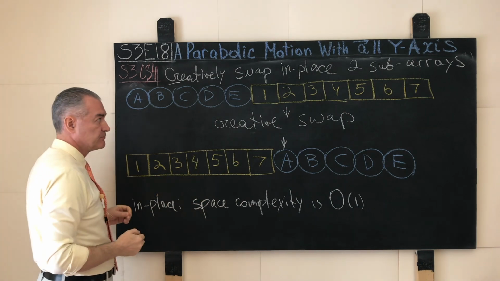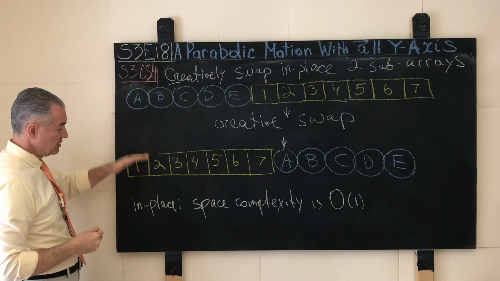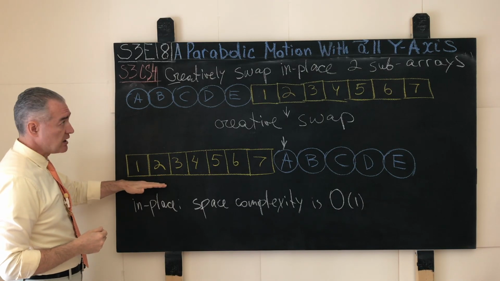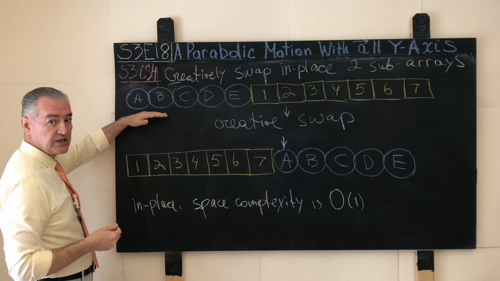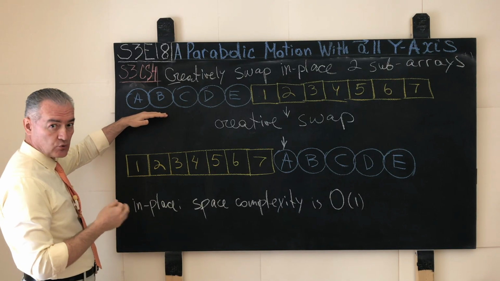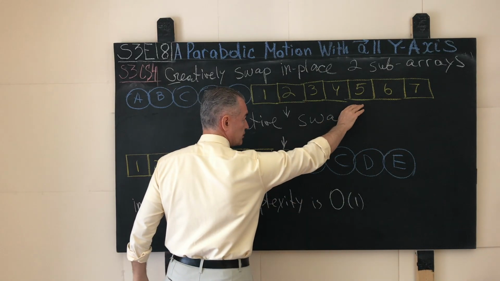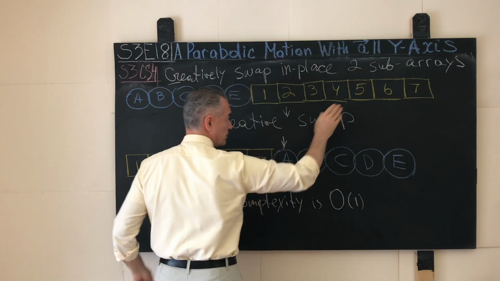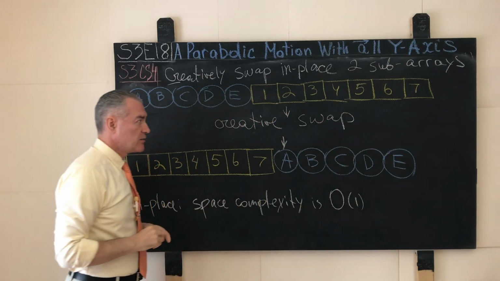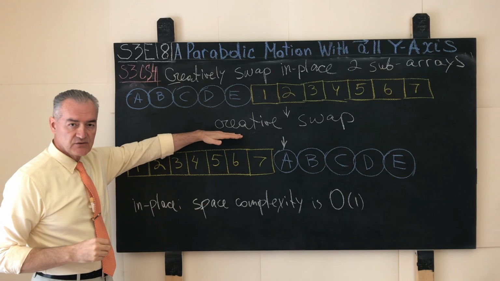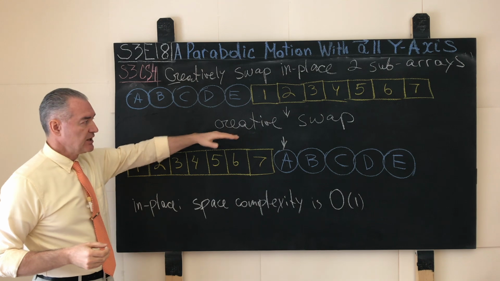I showed this particular configuration of the input on the top, the intended output on the bottom. Here we have 5 blue circles, let's say, of the input located on the left, or logically on the left, and we have 7 yellow squares located logically on the right. Let's say this is the right sub-array. The objective here is to creatively swap these two sub-arrays, or let's say discrete line segments,